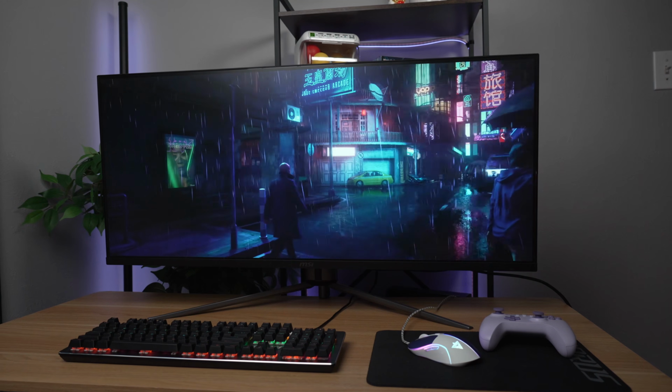Now as far as ultrawides go, this is my preferred size. Anywhere from 38 to 42 inches is perfect for me. But if you're an insane person, you might like